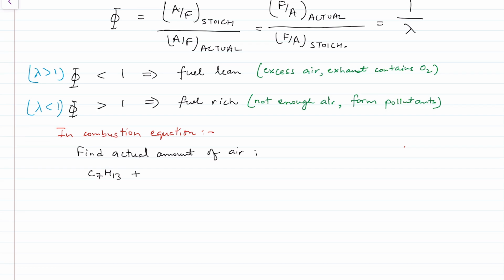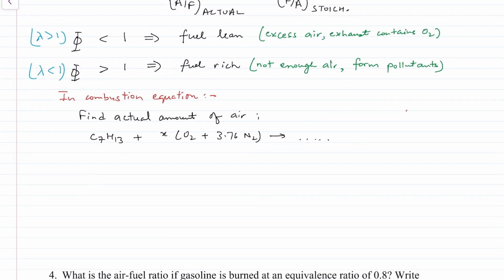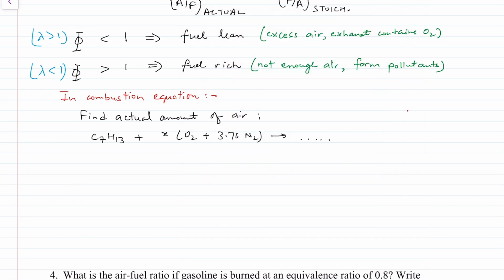Say it's burning gasoline, and that's our typical equation, right? And then we have some products, and we have phi, which is F over A actual